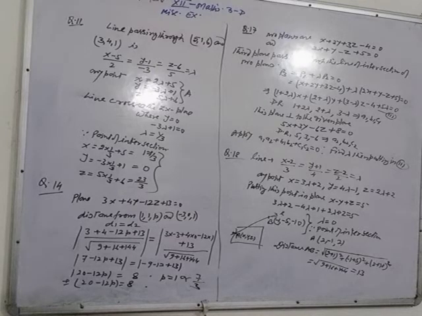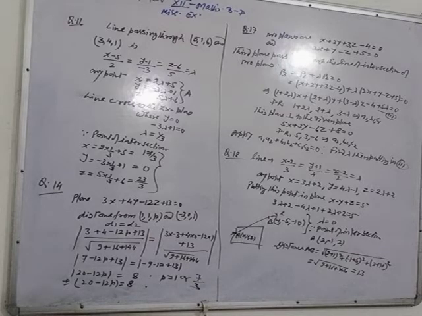So the DR of the third plane are the coefficients of x, y, z. You have written 1 plus 2 lambda, 2 plus lambda, 3 minus lambda. These are the direction ratios of the normal of the third plane, which you can take as a1, b1, c1. For the given plane, see the coefficients of x, y, z: 5, 3, minus 6. You can take these as a2, b2, c2.